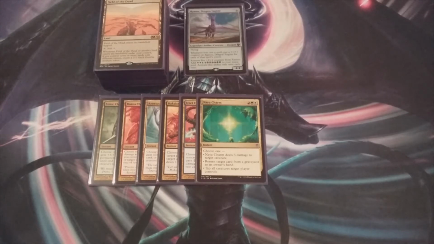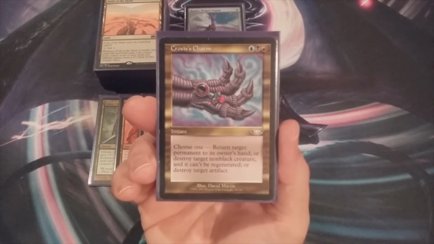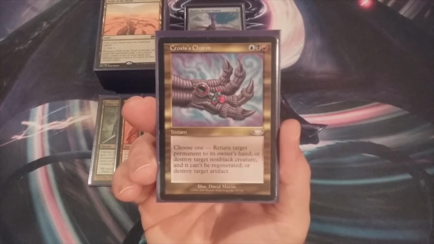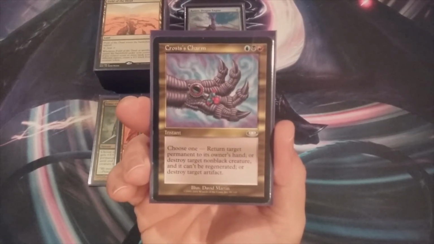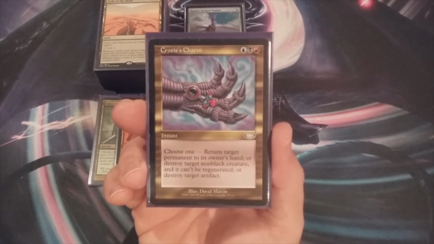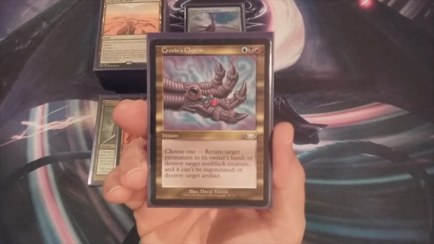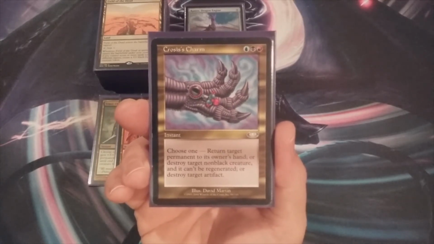All right, hitting the halfway point of our charms. This is charm number 7, and we're going back in time, folks. We're going back with Crosis's Charm. We had a Grixis Charm here that we can return target permanent to its owner's hand. Notice the text. It's target permanent, not target permanent an opponent controls, not target permanent we control. Any permanent bounced to the hand. Very, very useful. Destroy target noncreature